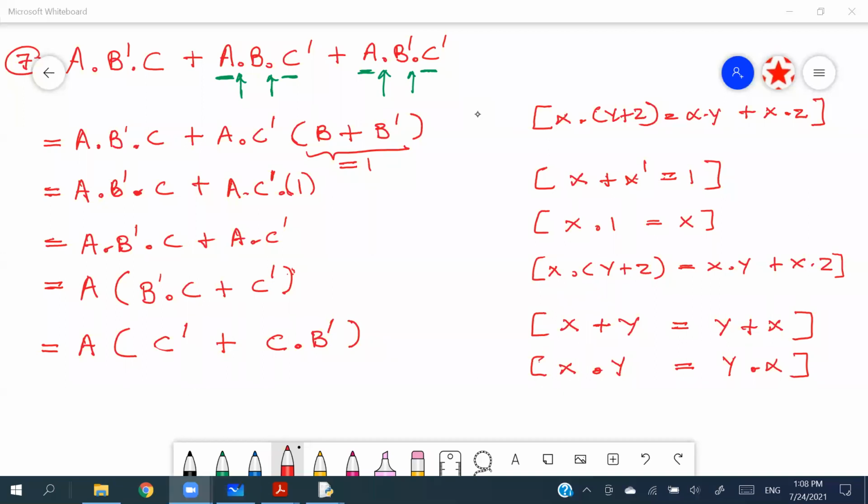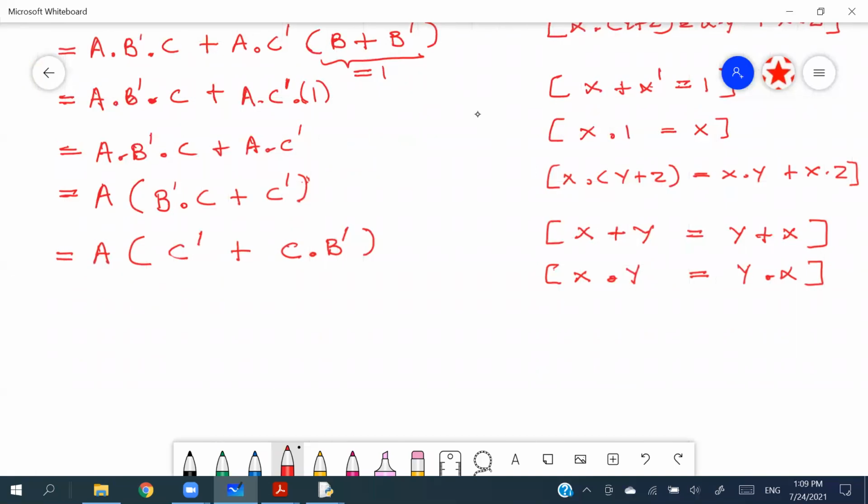Just look at the redundancy law. There are 4 redundancy laws. සර් x plus x dot y equals x කියන එකද ගන්නේ? ඒකේ nature එක මොන වගේද? First redundancy law එකේ nature එක